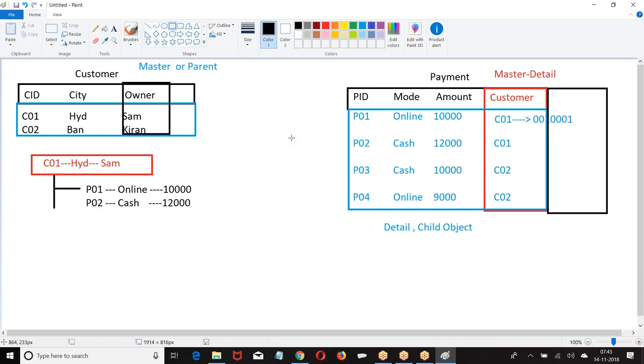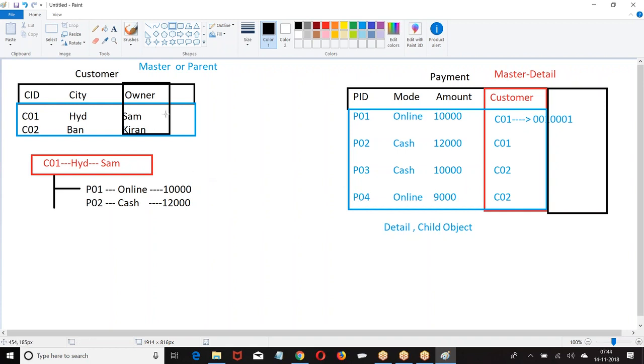Whoever is the owner of the master record, he is the owner of the corresponding child records. Now, P01 and P02 will have Sam as owner. P03, P04 will have Kiran as owner. I hope you are good.